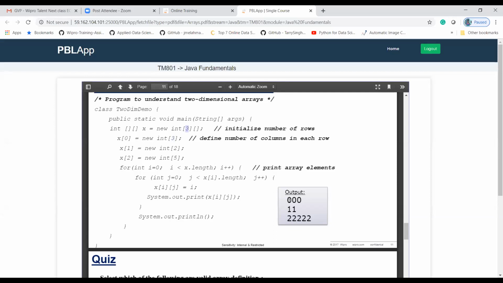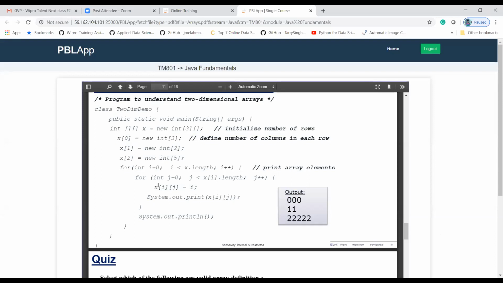That's why I'm doing it like this: new int[3], new int[2], new int[5]. I am declaring it like this, to define the number of columns of each row. If it is the 0th row, that's why it is displaying the value as 0, 0, 0. The index value is 0.